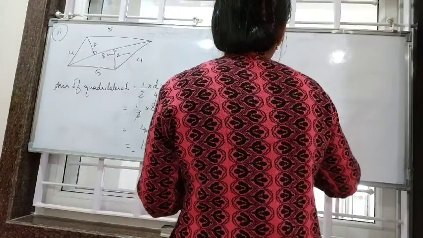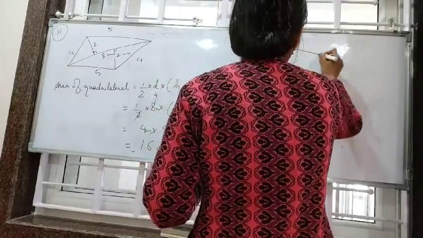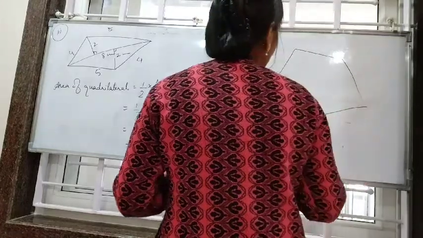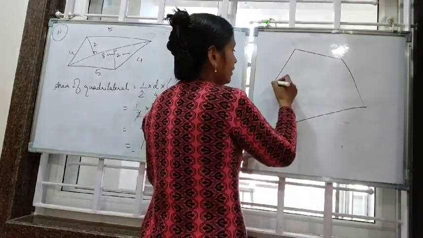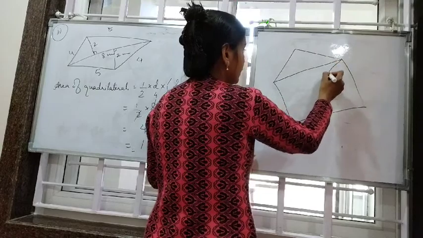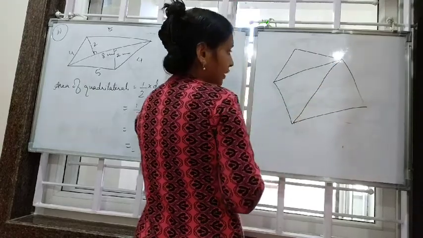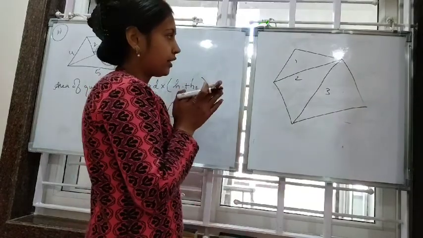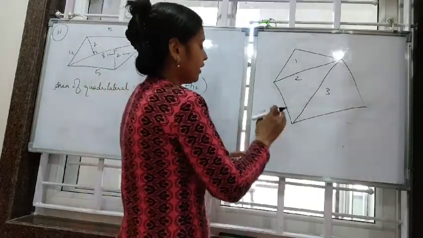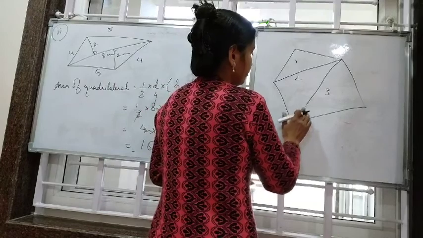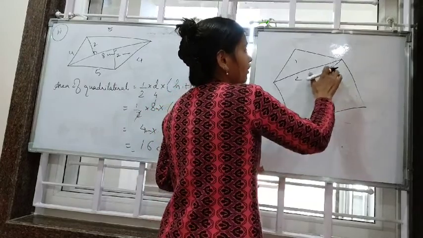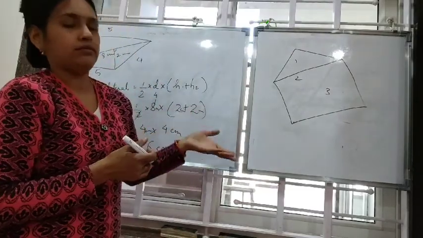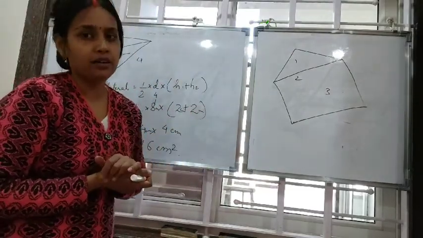So suppose let's take this as a polygon. Either we divide it into 3 triangles, just that triangulation method like this, 3 different triangles, and we find the area and we get the total area. Or we divide it only in one triangle and one quadrilateral and then find out the area of the given pentagon.